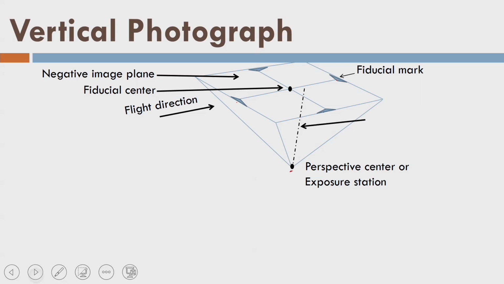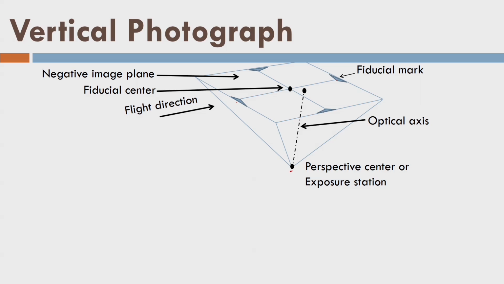So, this is the optical axis, and we can see here that the fiducial center and the optical axis are not meeting at a common point, because I am assuming that although it is a vertical photograph, there is some random error in the optical axis, and as a result it is not matching with the fiducial center of the photograph. Yes, what about the random error? If you can recall the concepts of adjustment computations and error accuracy, it is an inevitable error. It is random, it is beyond control, or I cannot measure it. I do not know its true value. So, its intersection point is slightly away, to show that.